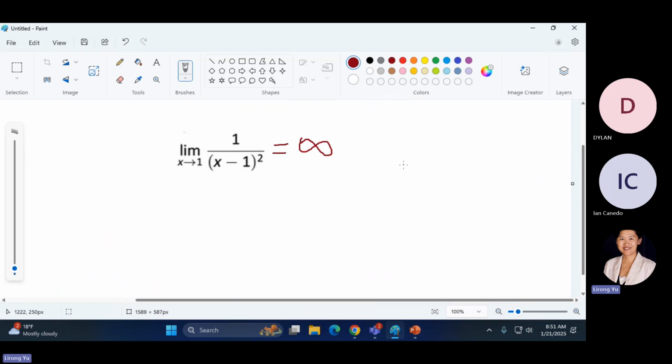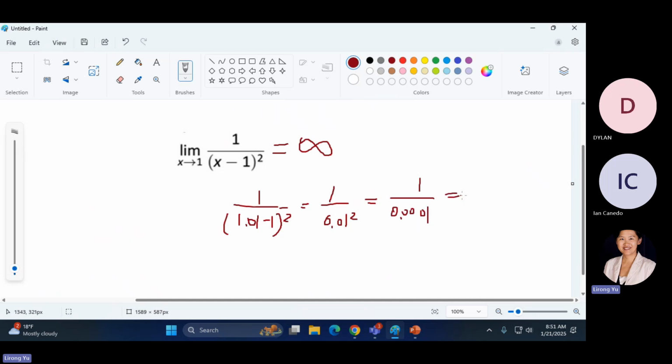You can also try numbers, since x is approaching 1. You can make x equal to 1.01. So you can calculate 1 over (1.01 minus 1) squared. 1.01 minus 1 is 0.01, and then square,